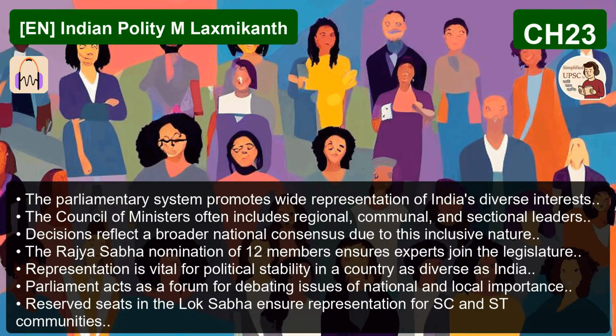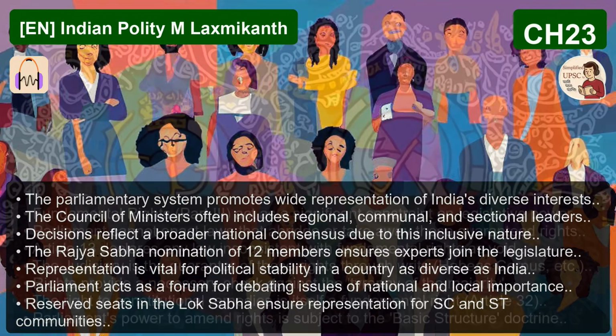Okay, understanding that structure, let's go back to that foundational question. Why did the Constituent Assembly choose this complicated system? Why not the U.S.-style presidential model with its clear, separated powers? The historical context here is absolutely crucial. The founders were concerned primarily with political stability and, even more importantly, with executive responsibility to the legislature. Responsibility being the key word.